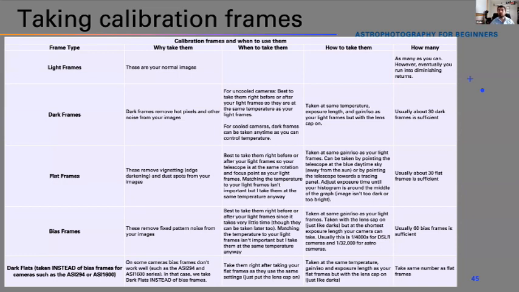If you're using a cooled camera, it's a no-brainer. Just leave your temperature at the same setting as your light frames. But again, it doesn't have to match. You must take your flat frames at the same gain or ISO as your light frames. They can be taken by pointing your telescope at the blue sky away from the sun, or by pointing your telescope towards a tracing panel. If you've ever done any arts and crafts, you know you can get those cheap tracing panels on Amazon for $30, $40. That's what I use most of the time.